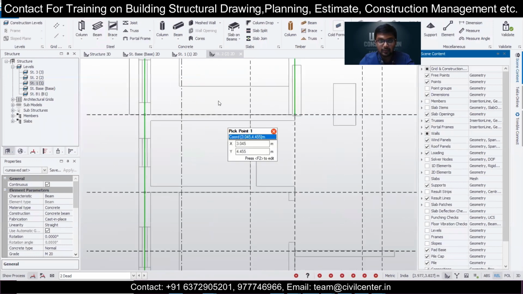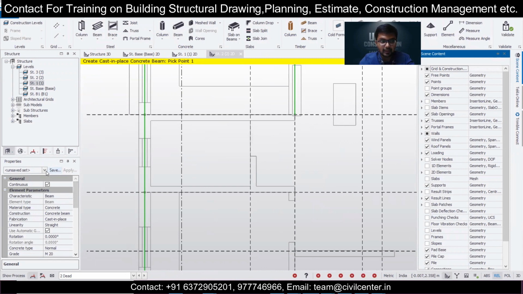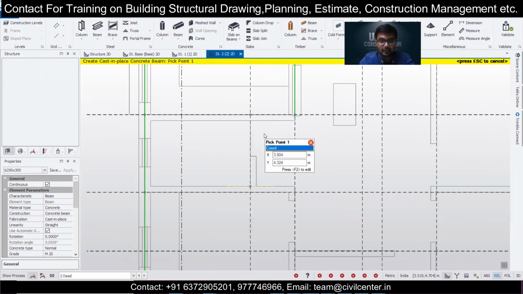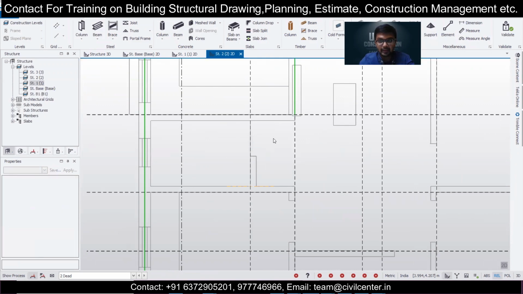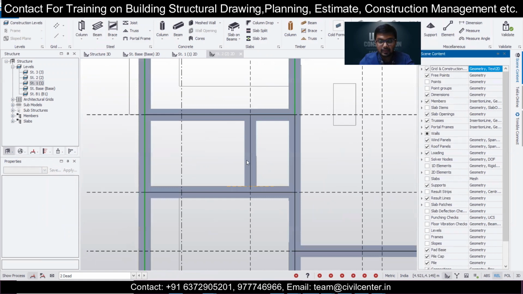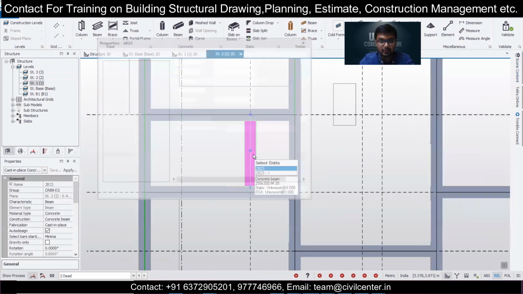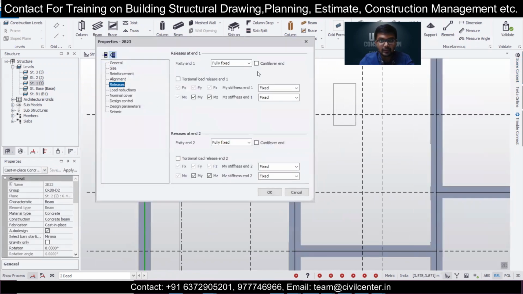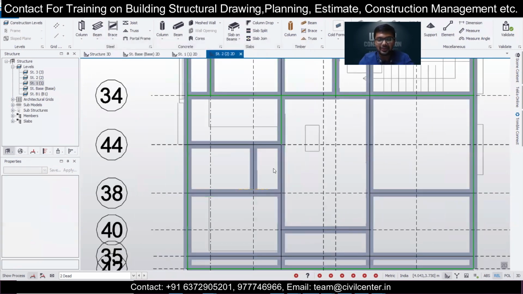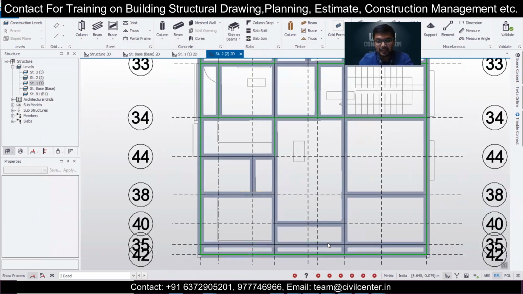This is the beam which you need to provide. Just click on these beams here, take the 250 by 300 section, single click and double click, and after that click escape. Then select this one, turn on the members here and click escape. Double click on this member, go to the releases option, and make this pinned. So this is a trick if you miss a secondary beam that you can use effectively while making this.